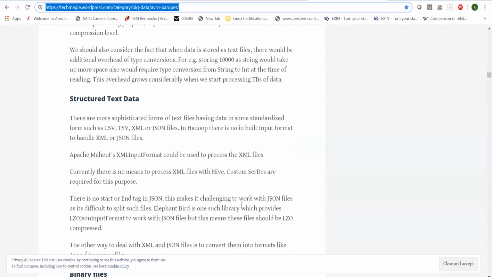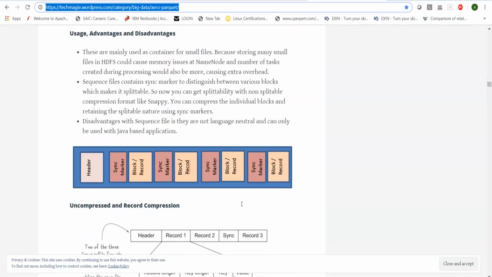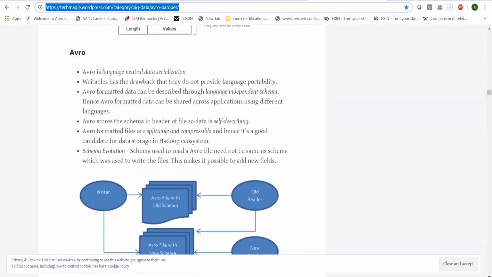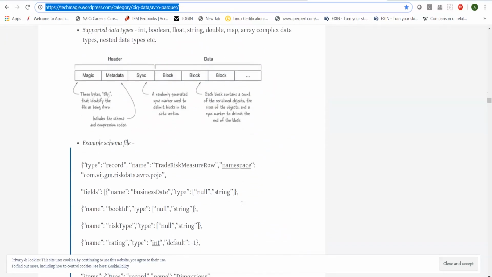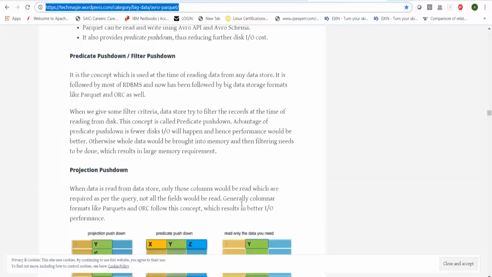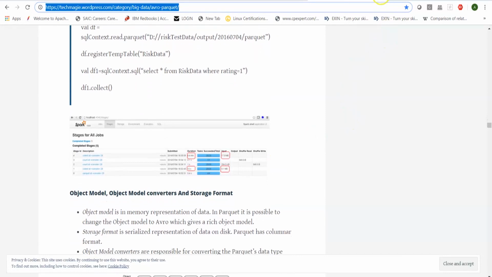What do you have in text file, structured, binary, sequence files with compression, without compression, what is record level, what is block level, what is an Avro data file, what is a Parquet data file or columnar format, and other formats like ORC, RC, and so on. So please have a look at this link.